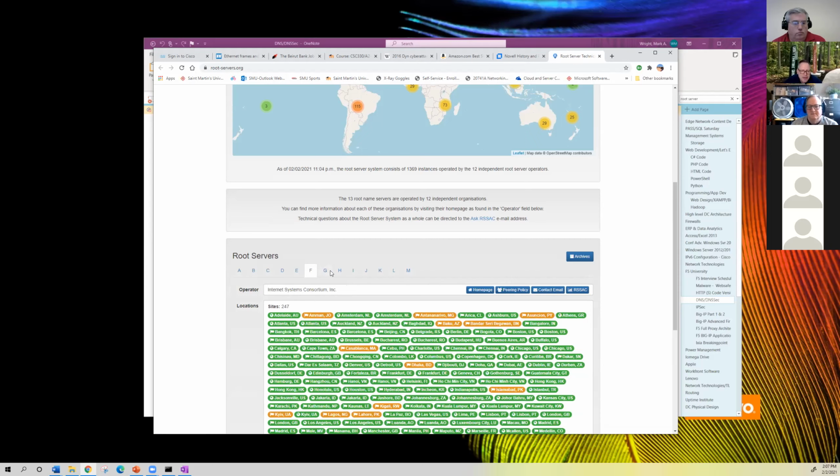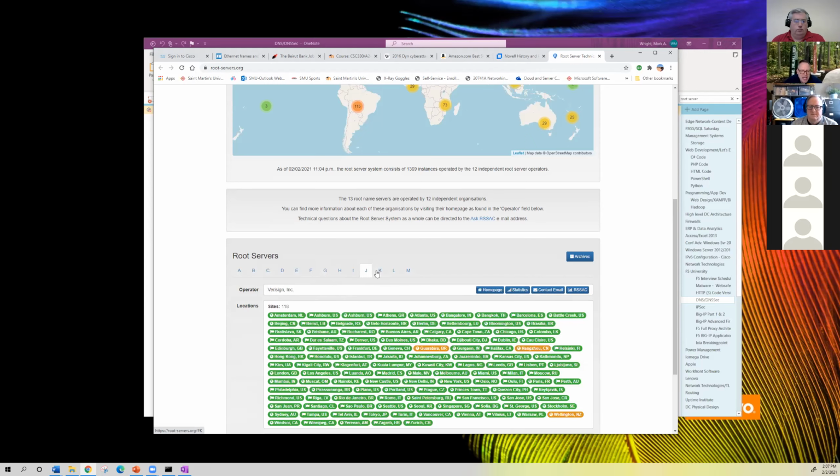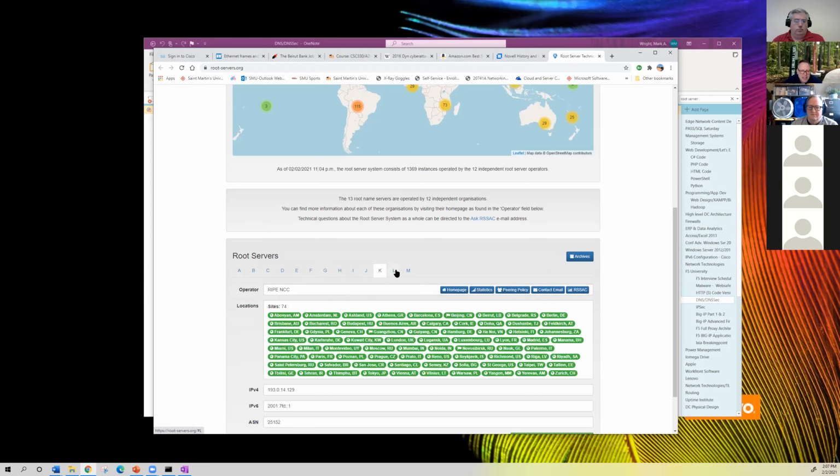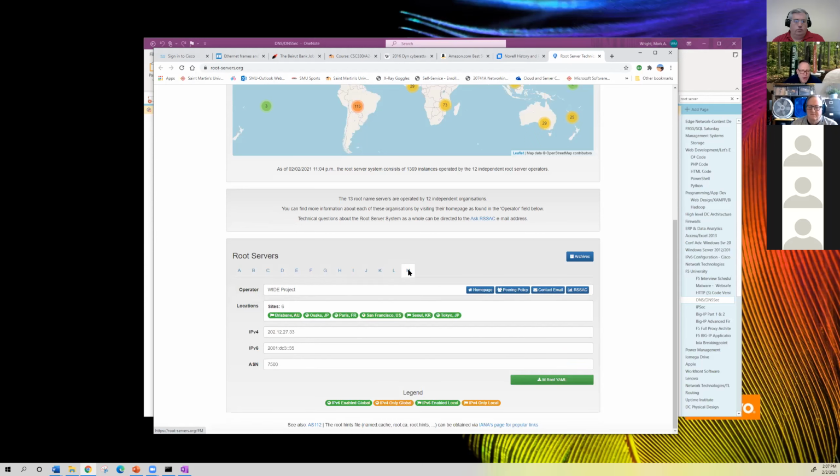G is Defense Information Systems Agency. Oh, DISA, right? Okay. And then H, U.S. Army Research Lab, NetNode, VeriSign, RIPE NCC, ICANN, and the WIDE project. So these are the 13 groupings by different community programs, government organizations, or actual companies that are running these root